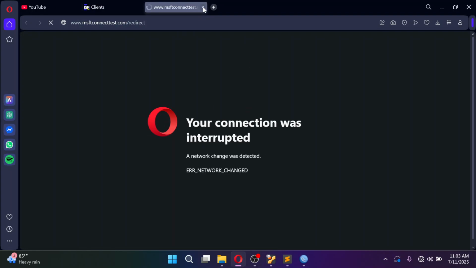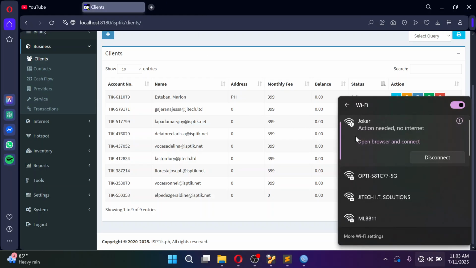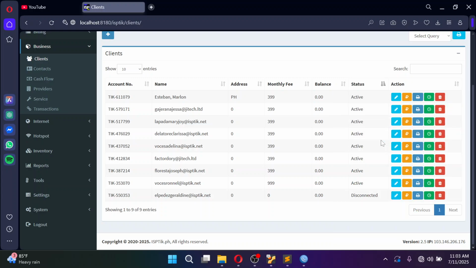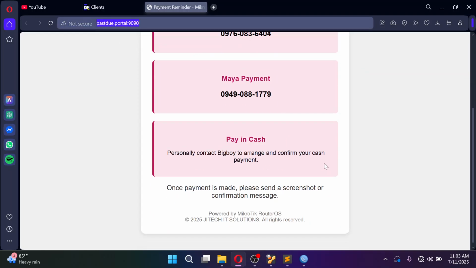So redirect, you are redirecting. Now if you will take a look at that, it is now redirecting to portal. So we are connected but actions needed. It is something like portal. So once we open this one, we will now be redirected to pastdue.portal 1990.